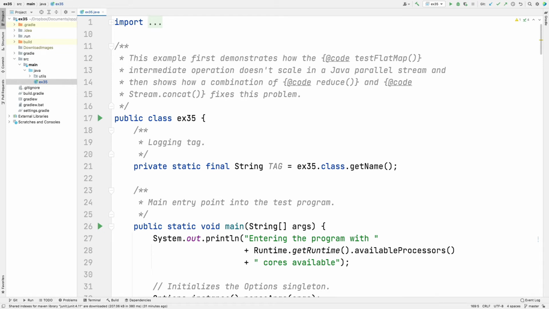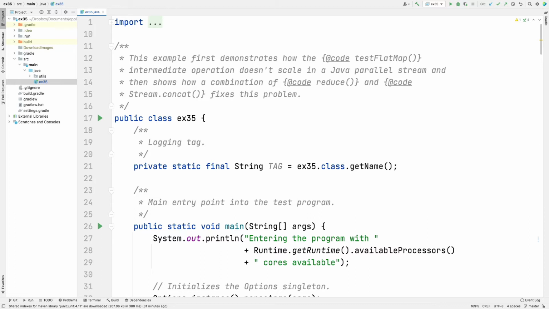What I want to do first today is give you an interesting discussion of a strange quirk with the parallel streams use of the flatMap intermediate operation. As you're probably all familiar with, flatMap is an operation that's available in streams that takes a stream, which is typically nested. So you might have a stream of streams, or a stream of lists or something like that. And it goes ahead and flattens it. So you end up with a stream of whatevers. So you might have a stream of lists of integer and it'll turn into a stream of integer by doing